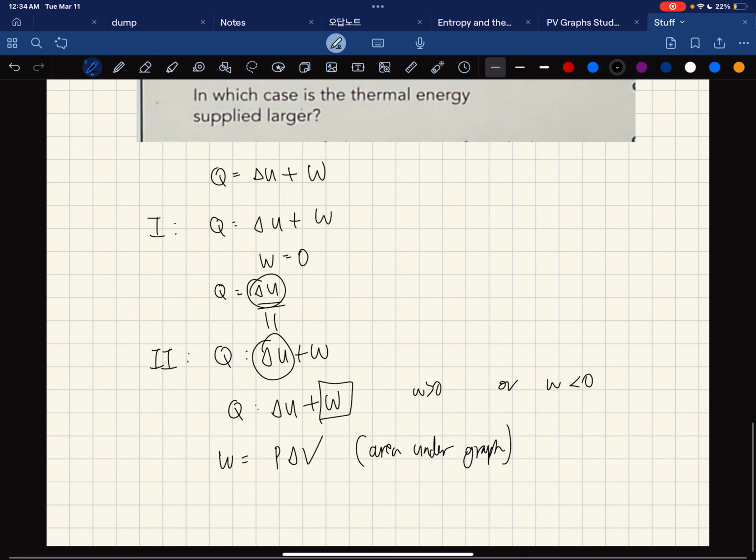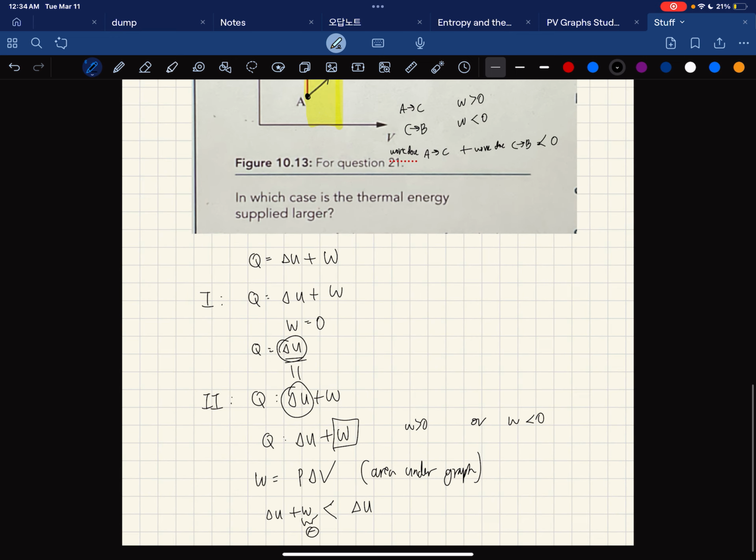So change in internal energy plus work done, which is the heat transfer that II experiences, is smaller than just the change in internal energy, which is the same as the heat transfer of I, because this work done is negative. Hence, answer is